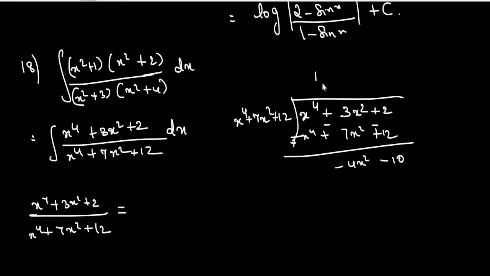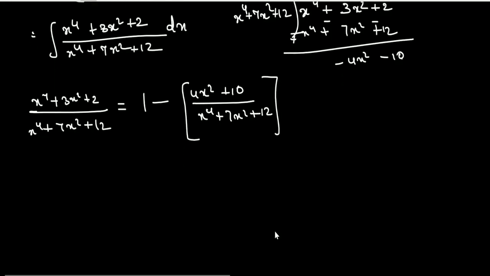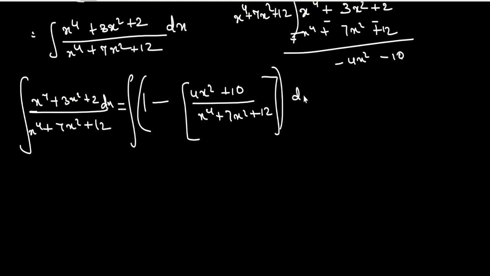You can write it as, first the quotient, then minus the remainder, that is (4x² + 10)/(x⁴ + 7x² + 12). Now we have to integrate this. So the integration of this dx will be the integration of the two parts, so we can write this as two integrals. First integral is